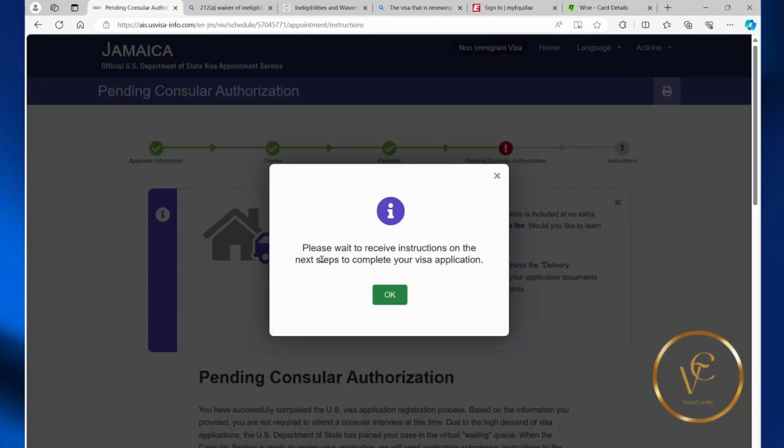Please wait to receive instructions. So I received this message because I'm doing a renewal. If you weren't doing a renewal or your visa application wasn't waived, on this page you'd be selecting your interview date. And then at the end,